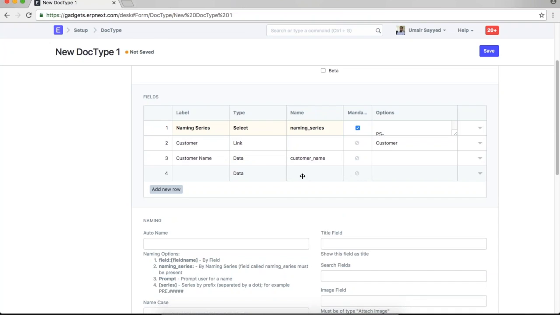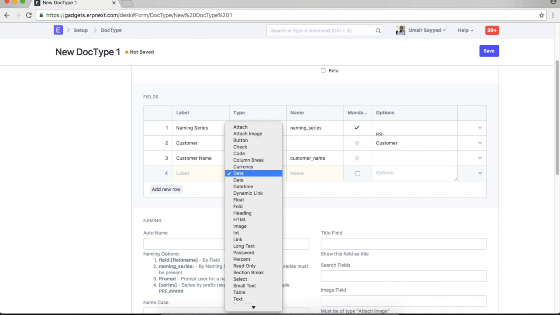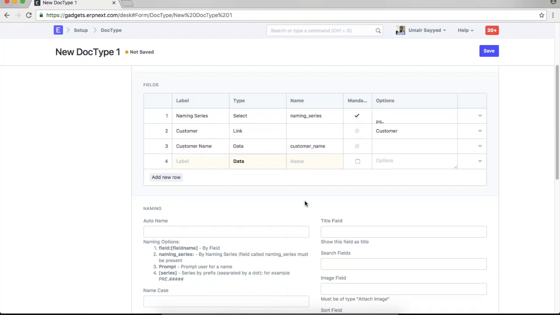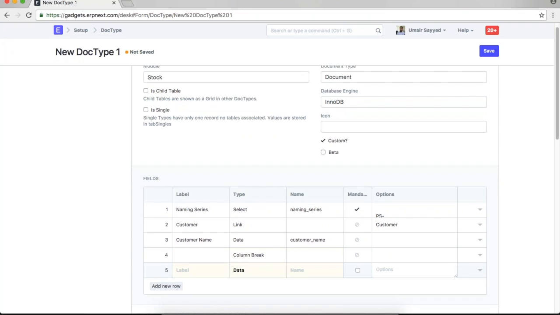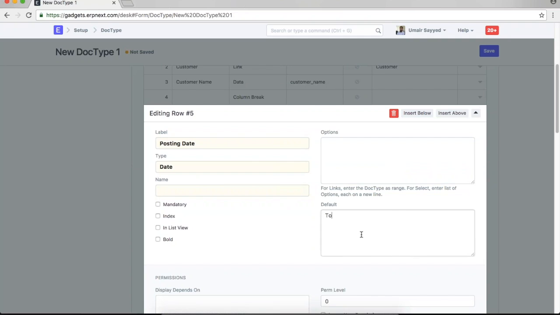Now let's say I want a break here. So for example, we see this form. There are some fields on the left side, there are some fields on the right side. So in this section, I want the rest of the fields to appear on the right side, so I'll insert a column break, and then I'll add more fields like posting date. It will be a date field, and for this I can set the default value as today,